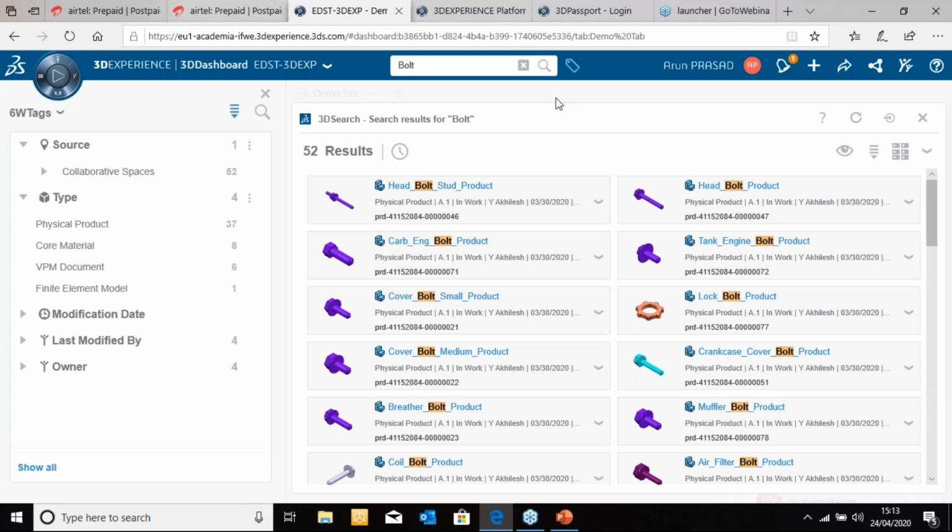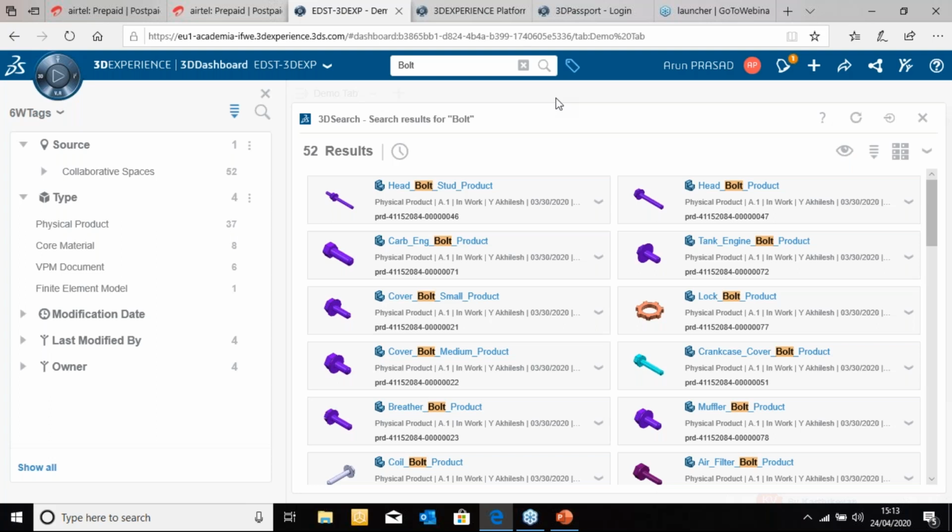So be it any CAD software that you talk about, it could be your CATIA, it could be your SolidWorks, all mechanical or electronic CAD applications, we have connectivity. We can bring an interface to all these 3D CAD softwares. Imagine this kind of information being available even if I'm a non-CAD user. All of this is possible with relevant access, with relevant rules, and with the necessary authorization that has been given.